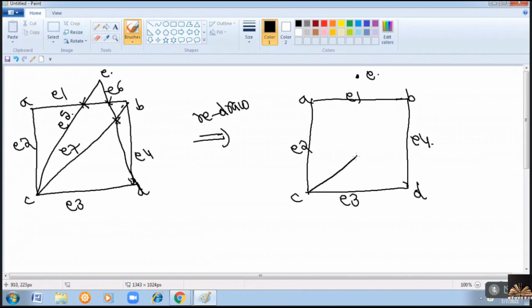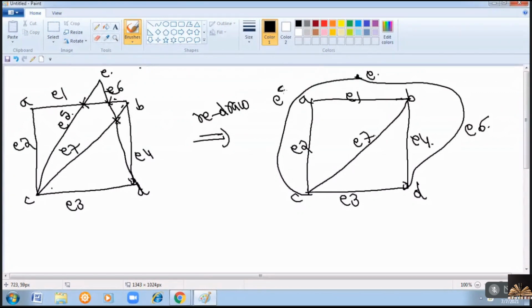One edge is E7. With E7, you don't have any edge crossings. With E5 and E6 only, you are getting edge crossing, right? E6 is the edge from D to E. So instead of drawing the edge like this, I can draw the edge like this. This is your E6. Now one more edge is from C to E, which is E5.